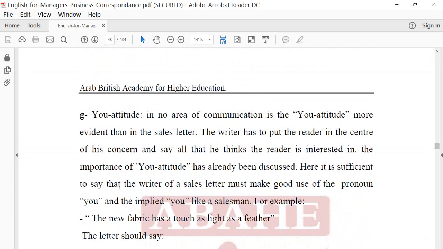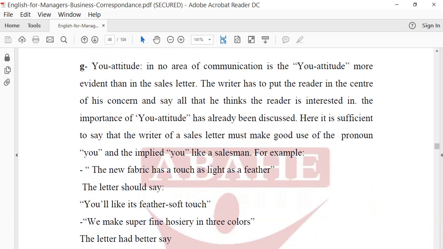When you write a sales letter, you need something called what? You attitude. This is another point. What does it mean, you attitude? It means that when you communicate with the reader, you have to talk with him as if he is in front of you, and you have to mention exactly the word you. For example, in some letters you have to say